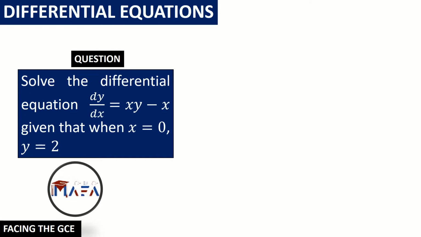Guys, in this video we are going to be solving equations on first order variable separable differential equations. So the equation reads, solve the differential equation dy by dx equal to xy minus x, given that when x is equal to 0, y is equal to 2. So the first thing is that since we can identify that it is a first order variable separable differential equation,